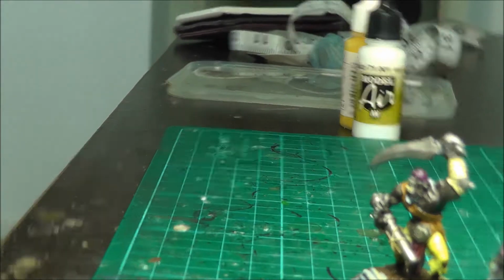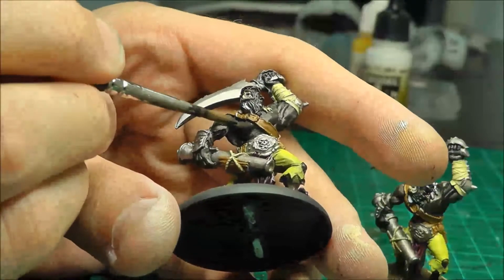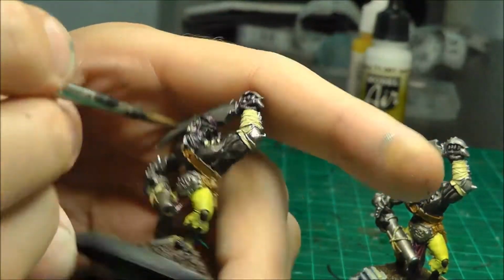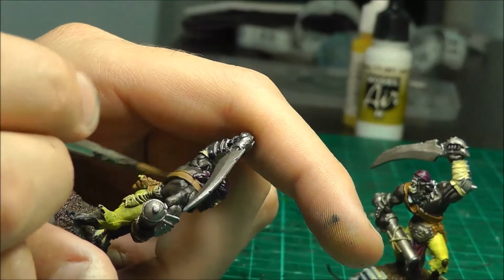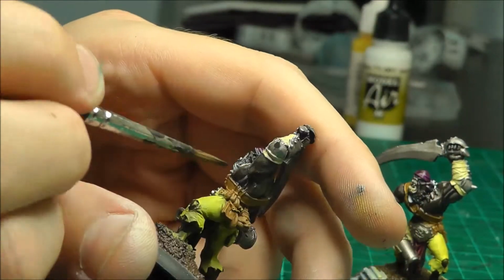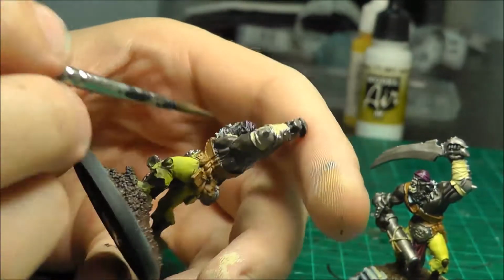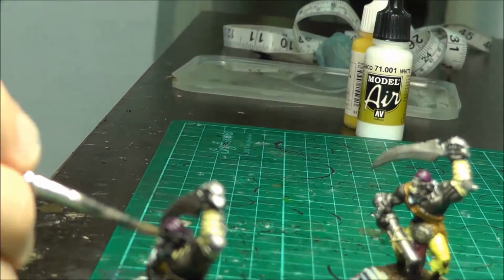So, and here we go with the highlights. So I've mixed in a little bit more of the bone to that initial base colour, and just a tiny hint of the initial dark brown colour, the scorched brown equivalent. And I'm basically highlighting all of the areas that were left there by the...